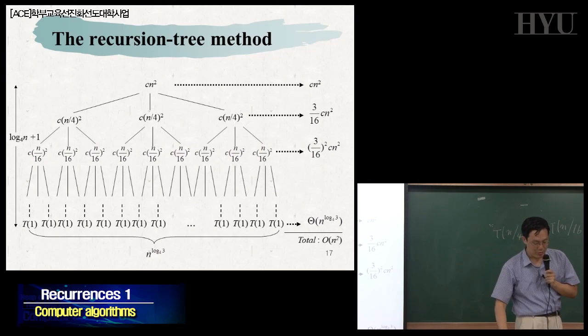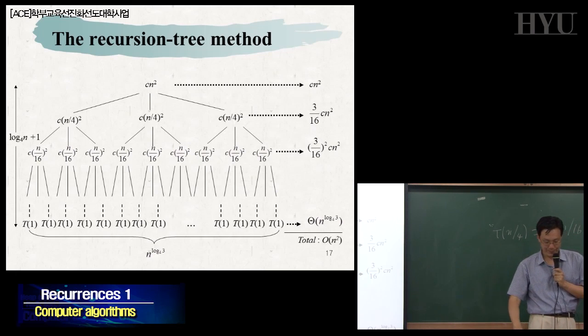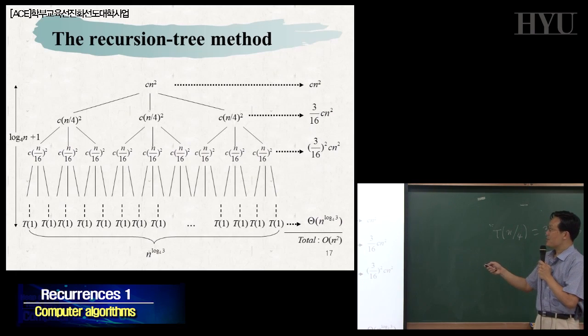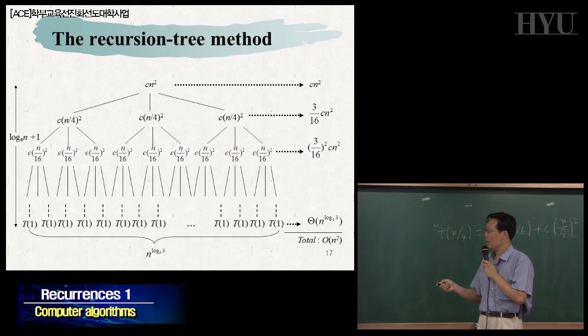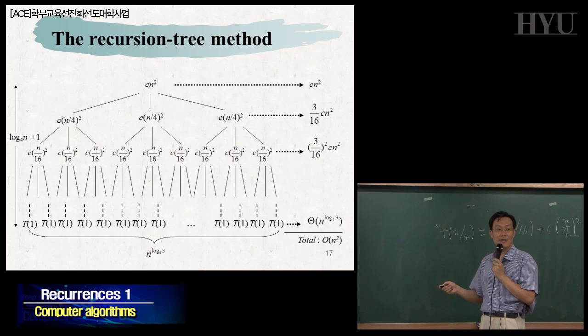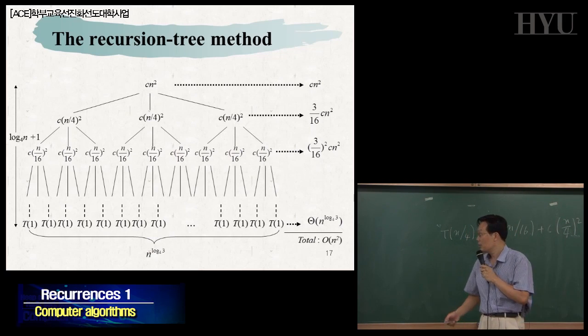Okay, then let's go step by step. It is Cn squared. There is only one term. And there are 3 Cn squared over 16. 3 Cn squared over 16, and there are 9. So